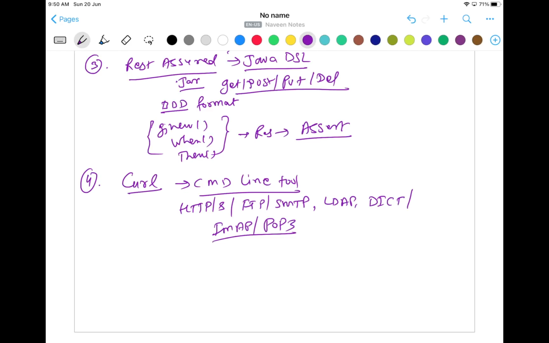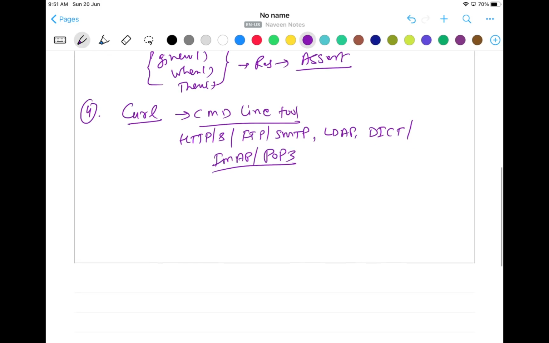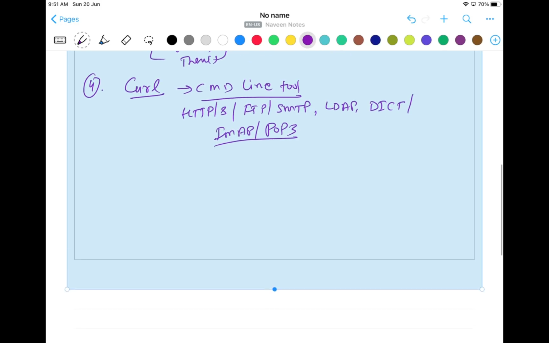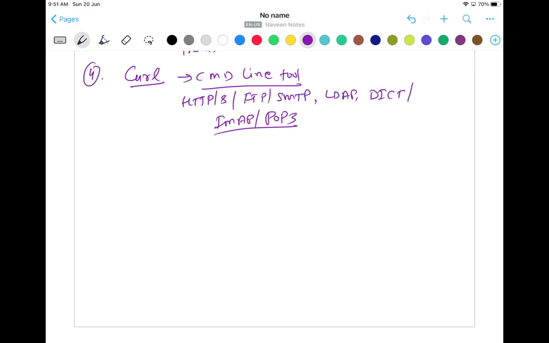It's a command line interface, and there are various syntaxes available. You can send a curl request with GET, POST, PUT and DELETE, and then get the response. I have prepared one video also on how to call Selenium APIs with curl. You can just watch the video. It's a really good thing. Just open your command prompt or terminal on your Mac machine, start calling the APIs with curl requests and get the response immediately. You can check it.